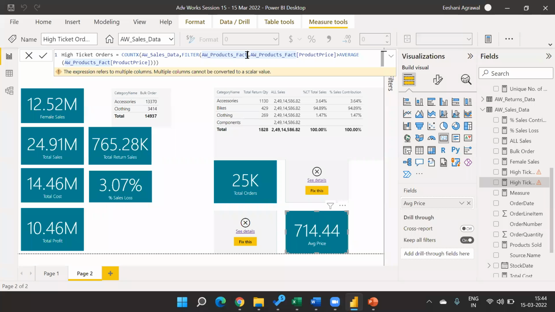Ishani, why haven't we done related in this context? See, typically try to use related if you're typing and your columns don't pop up. If it's able to use it as it is, because we are working in the fact table, product fact table, that's why probably related is not used. But hold on, once again it refers to multiple columns because the whole table is getting returned. So if I say,